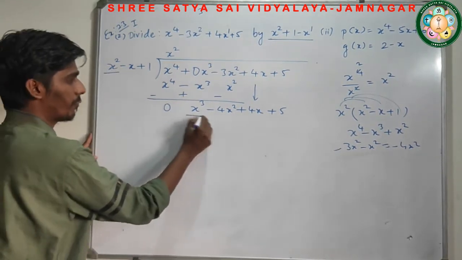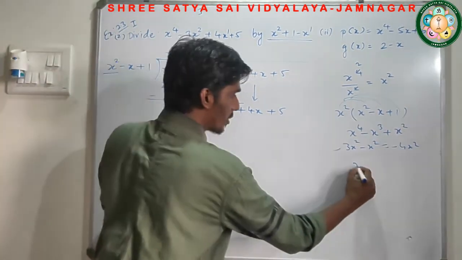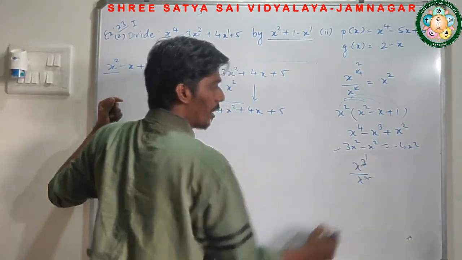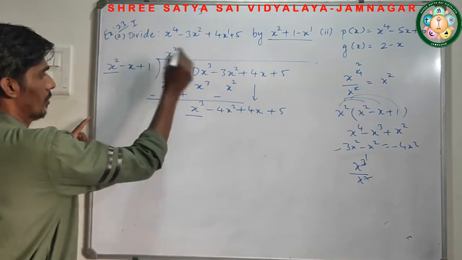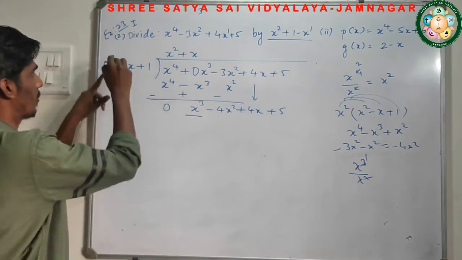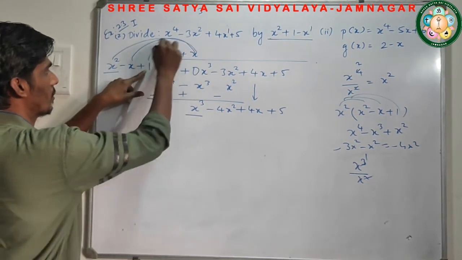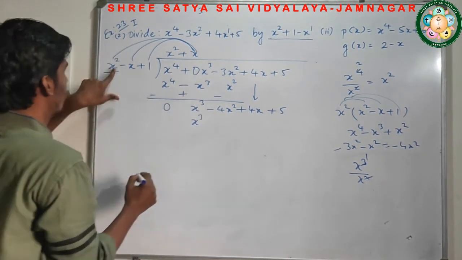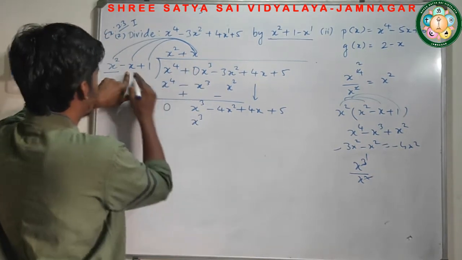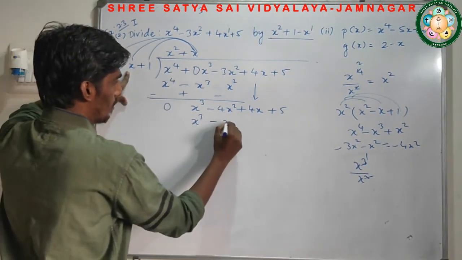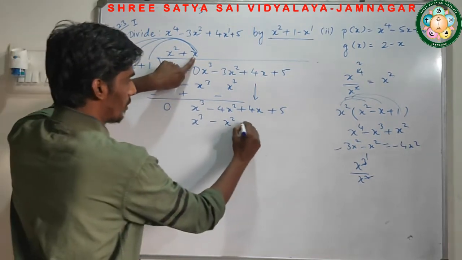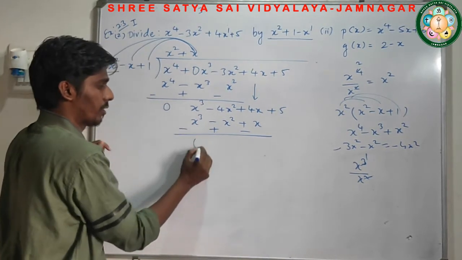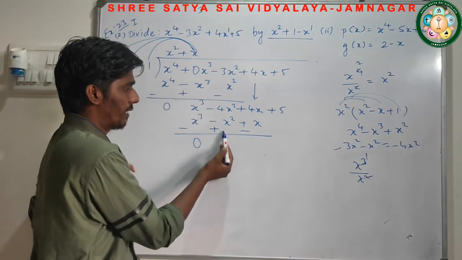Now, first term of this one and first term of this one. First term of this, it's x cube divided by x square. So how many x will remain? Only 1. So x square plus here x. Now this x square will multiply with all the 3 numbers. x square into x, it's x cube. Then minus x into plus x, it's minus x square. Now 1 into x, it's x. Again change the sign, minus becomes plus, plus becomes minus. So here 0.